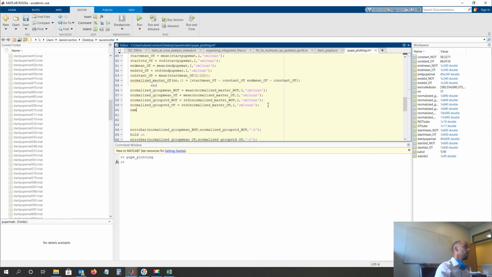Okay, so I'll just say normalized group standard error no t equals normalized group std no t divided by, you have to put dot divided by when you're dividing a whole matrix by something, or in this case just a vector, which is one row of the matrix, divided by the square root of however many rows there are